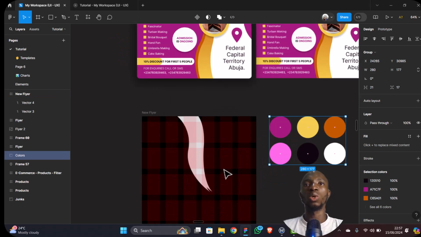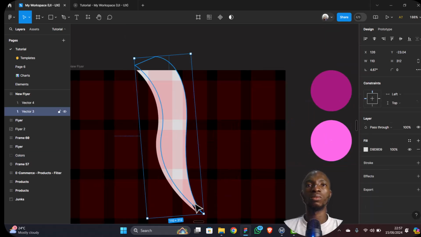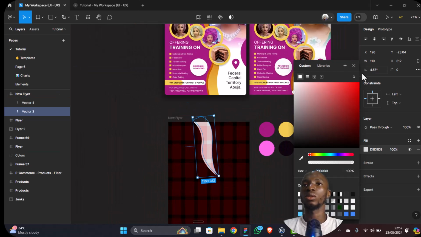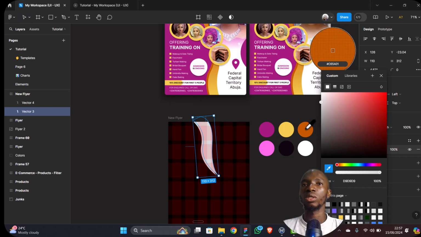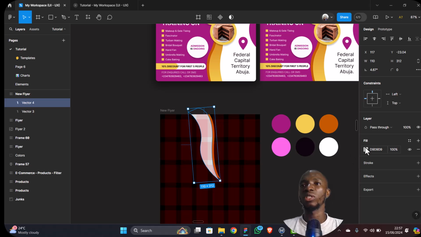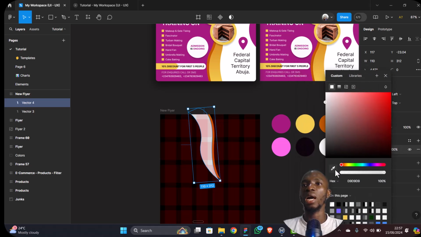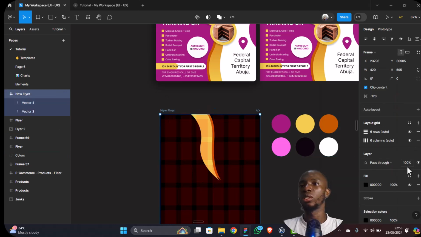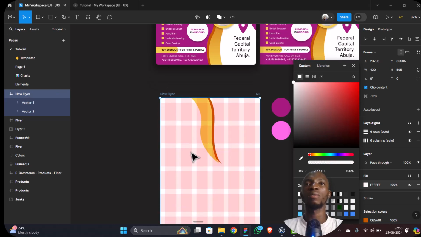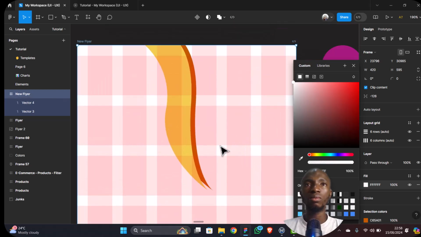All right. So this I'm going to change that color to this, change the color to that. And as for this, I'll change the color to pure yellow, which I have here. All right, so let me change this to pure white, the background color of that flyer. Select the flyer. Now I'm going to select this,